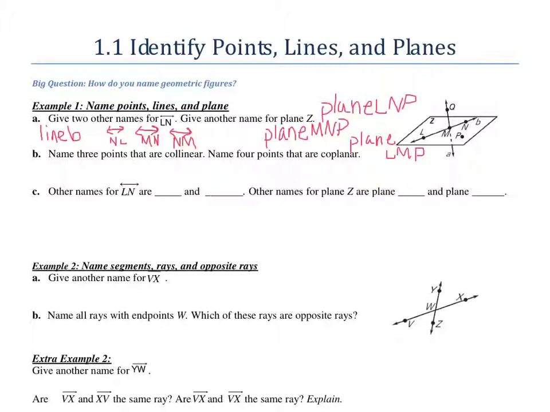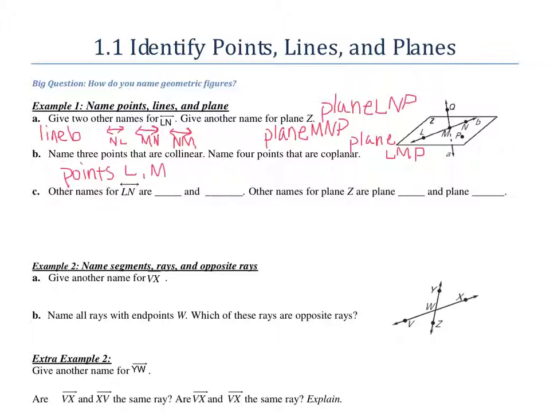The next part here, name 3 points that are collinear. So collinear means on the same line. Right here, I've got 3 points, L, M, and N. On this one right here, you might think this is an option, but A is not a point. It's just a label for this line right here. So my answer is points